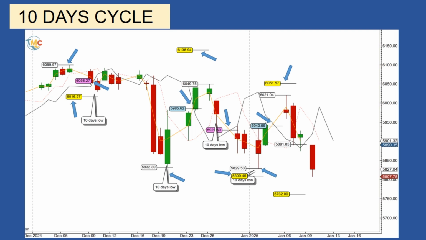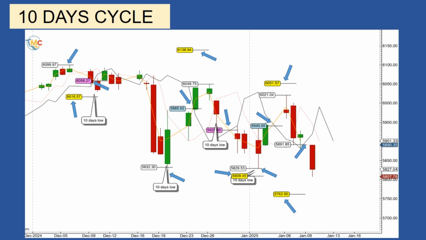The fifth and last one was on Friday, January 10, when the S&P 500 crossed below its cycle line at 5,891 for a potential downside target at 5,762. The crossing occurred after the S&P 500 missed its last target by only 31 points, or 0.5%, just at the limit of the margin of error. The target is considered met. For the first two signals of the year, the market met its target, for a success rate of 100%.